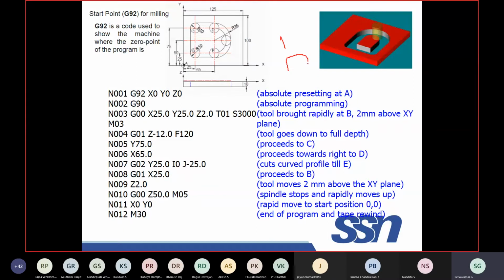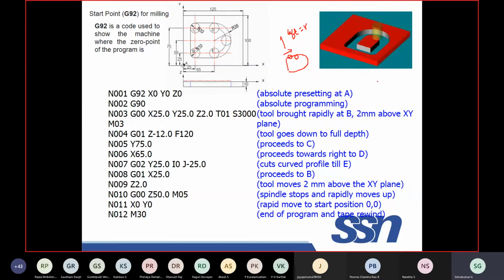If you are making your tool pass through this particular path, what happens? The dimension or the width of the die will be more. In this case, this is the direction of motion. You have to set left offset. You have to make the tool follow left offset by the radius of the tool, so that you can have the expected dimension of the die.